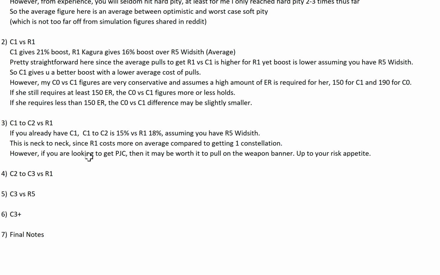Again, assuming you have R5 Widsith. Now, this is more or less considered as net to net, because although the R1 percentage is higher, R1 also costs more on average compared to getting one Constellation. But if you are looking to get PJC, Primary Cutter, then it may be worth it to put on the Weapon Banner, right? Assuming if you manage to get a R1 within the same number of pulls when you get